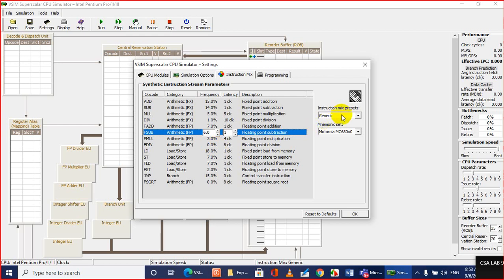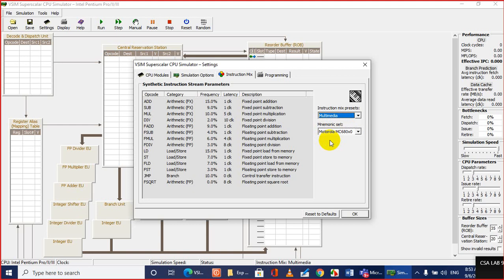Look over here. This interface also gives you the option to use some presets. Depending on the real scenario, they have given some presets: generic, which I think is a very basic, obsolete one, scientific 1, scientific 2, and multimedia.